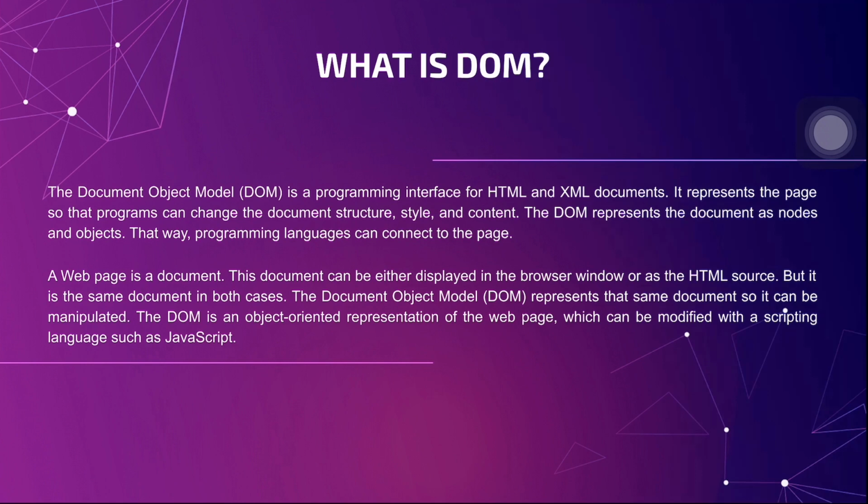A web page is a document. This document can be either displayed in the browser window or as the HTML source, but it is the same document in both cases. The Document Object Model represents the same document, so it can be manipulated. The DOM is an object-oriented representation of the web page, which can be modified with a scripting language such as